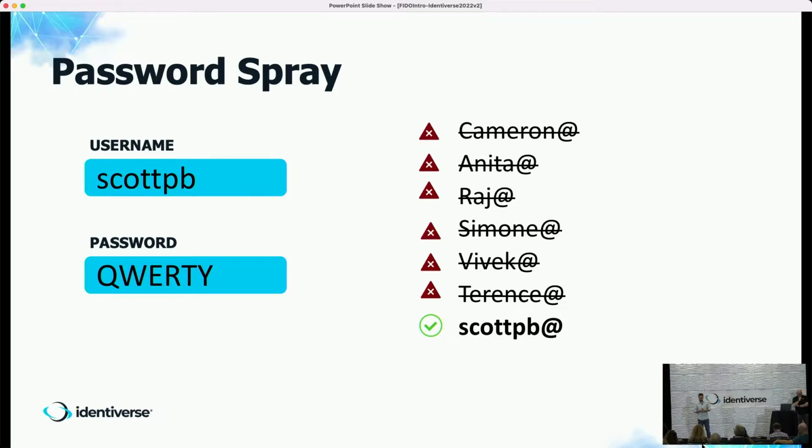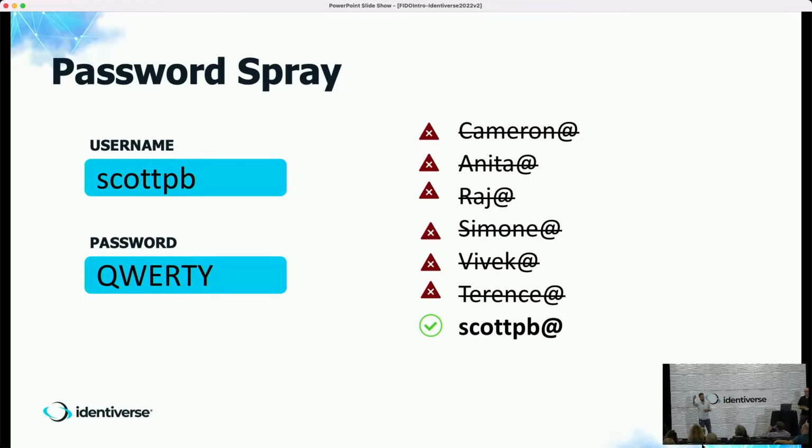And the first threat that we have is password spray. And we're going to use an example here that a really naughty person gets a list of usernames to a company, and what they're going to do is they're going to take those passwords that top our password chart every year, and they're just going to go down that username list and type in this password. And they're going to do this over and over and over again until they get a hit, and they will get a hit, and they do get hits.